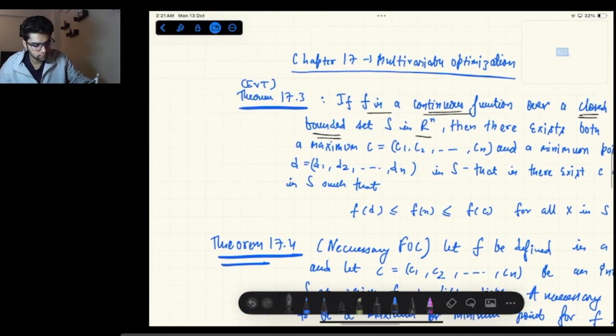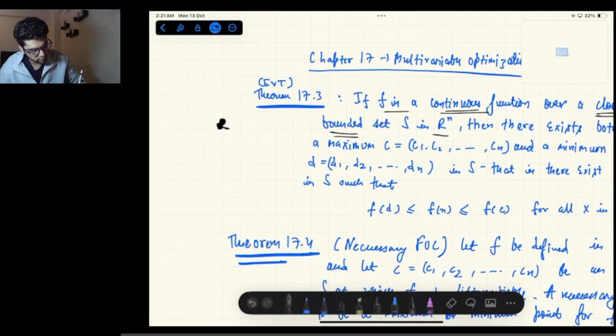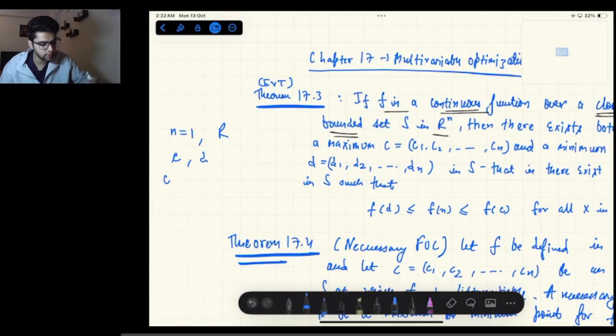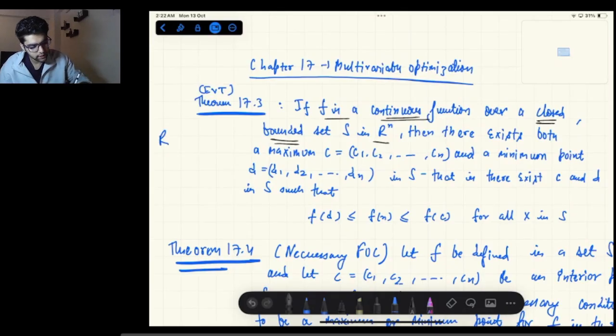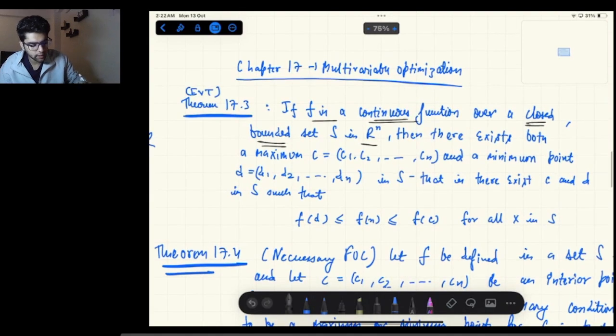If for example n is equal to 1, this means it is a single variable set, so my points C and D will just be single numbers. So there exists both a maximum point C, which is an n-dimensional vector, and a minimum point D in S, that is, there exist C and D in S such that